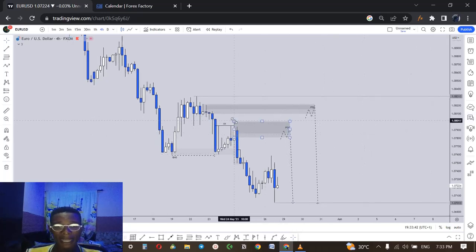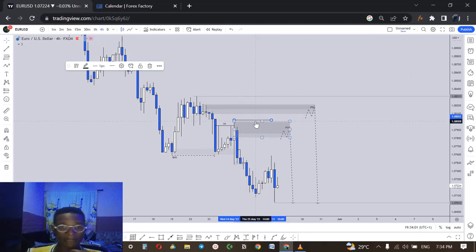So if this high right here got taken out, that means probably we have an inducement in the market. They have captured the liquidity, because probably we have people that are really selling from this high right here, with their stop loss above it. So once they take out this high, that shows that the liquidity resting above this high,